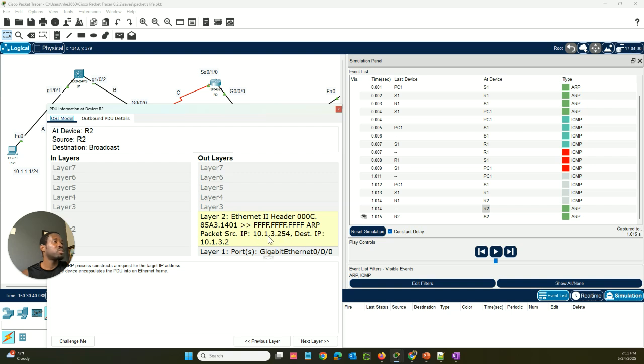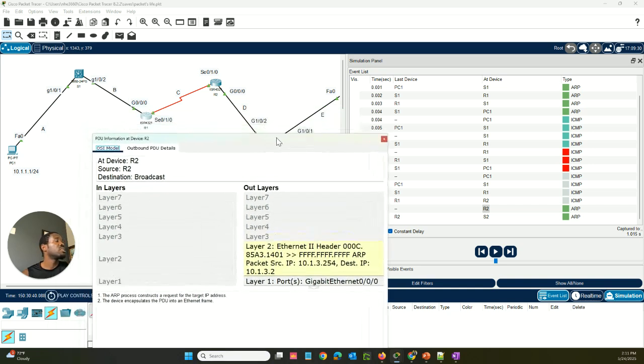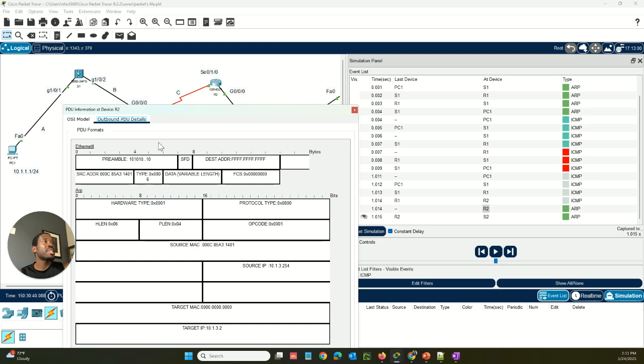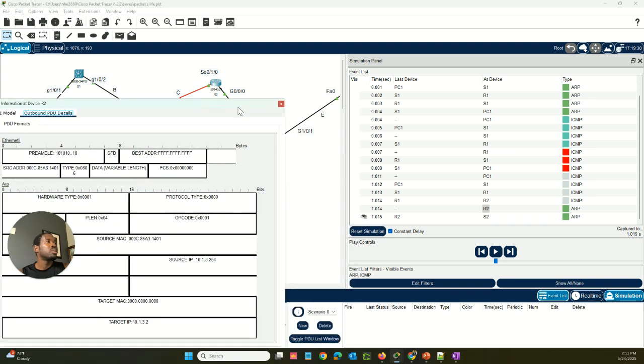So this is the IP address of the router. This is the IP address of PC2, but it does not know the MAC address of PC2. In order for it to send a ping message, it needs to know the MAC address so that it will encapsulate it back into this frame, the Ethernet 2, for the ping to move from router 2 to PC2. So that's why here ICMP stops here,